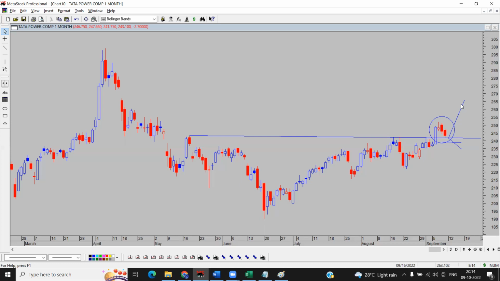Because here, see, the best part is what will be your stop loss? Stop loss will be, say, at most this particular low, the bar's low. Is it not? Because this is quite a strong bar. You can even say if it closes below it, then I will come out. But if it moves up, your profit percentage, your risk to reward, is very high. And here, in that case, you can take it this way. This gap can be tested. So how much are you getting? 267, 242 is the current price, you have a 4 rupees stop loss. Here your trading ratio is coming out to around 1:6.